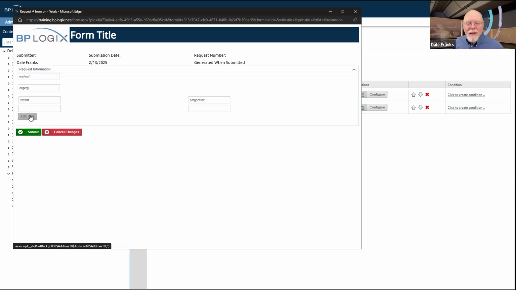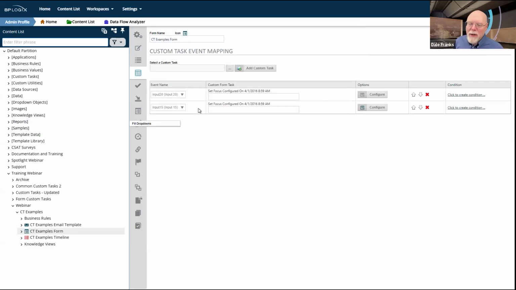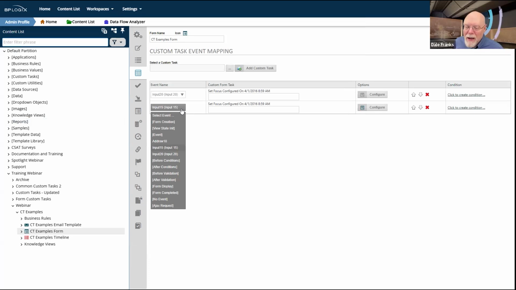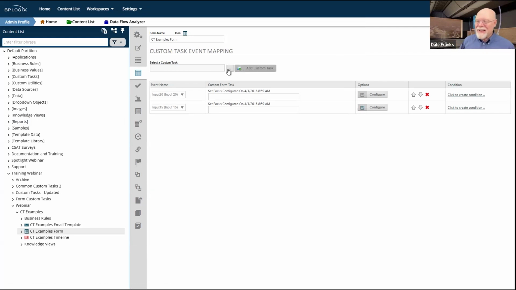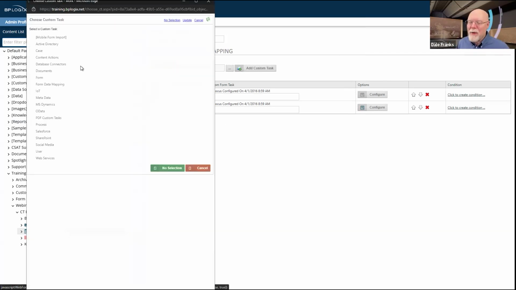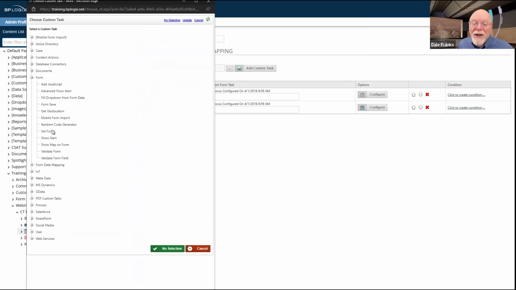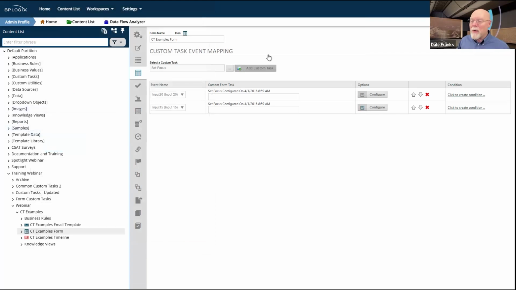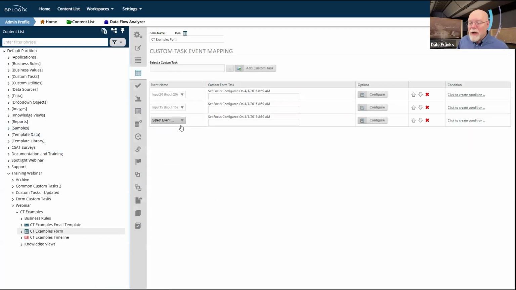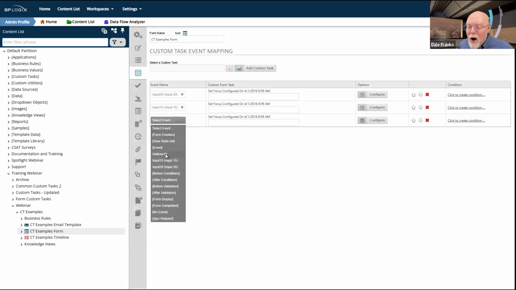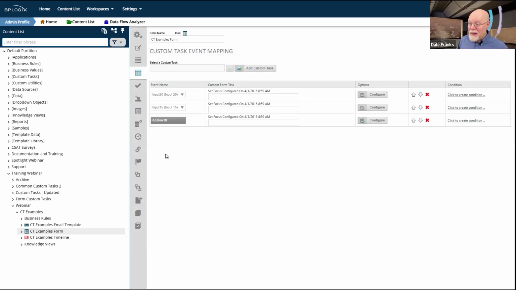Now, this add row thing here, I don't know that I have an event for that. Do I? Is there an add row? There is an add row 18 event. So let's try something a little sneaky here. Let's throw in another. And now I'm just vibing, man. I'm just making stuff up as I go along, but we're going to throw in another set focus. And we're going to drop this set focus onto add row 18.